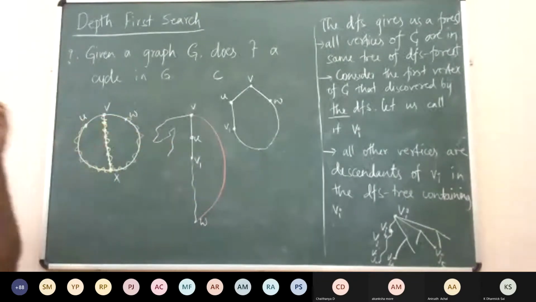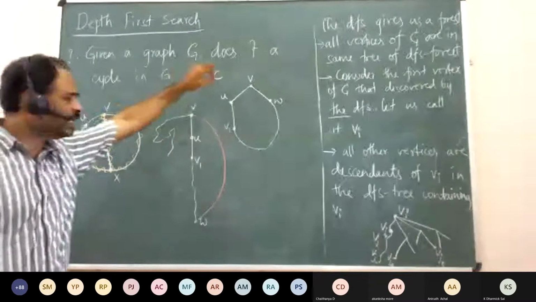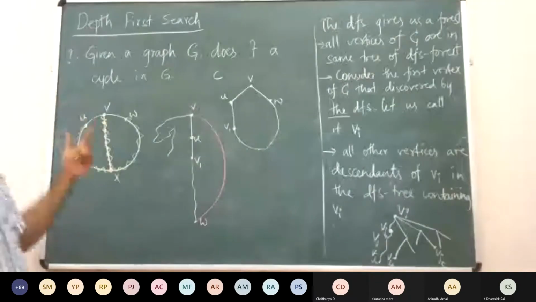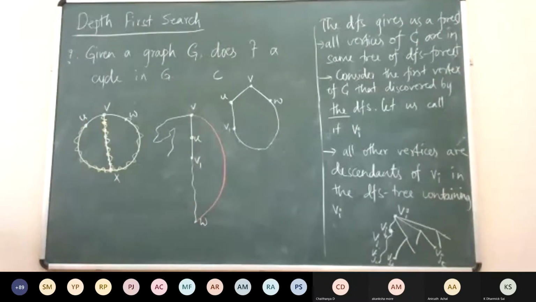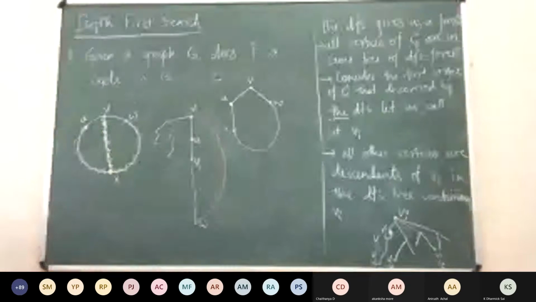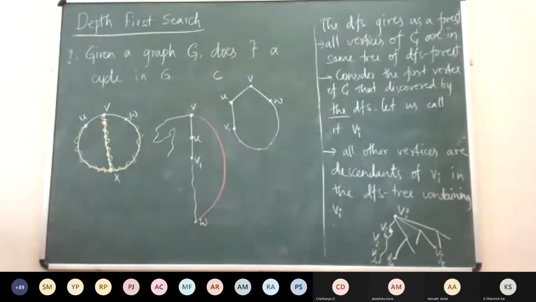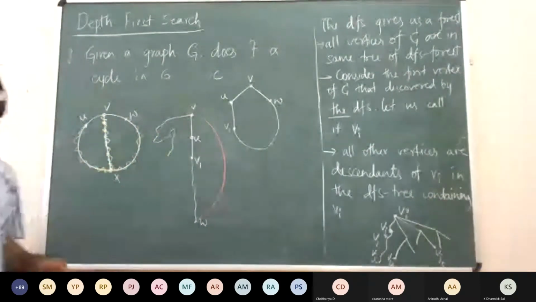Actually, you can go much more specific and say that if V is the first vertex discovered by the DFS, then one of the edges incident on V in the cycle will always be a non-tree edge. There are two edges in the cycle that are incident on V. If one of these edges is a tree edge, the other will always be a non-tree edge. If neither is a tree edge, then both are non-tree edges. This is something you can always prove. So you guys can try to see how to prove it.